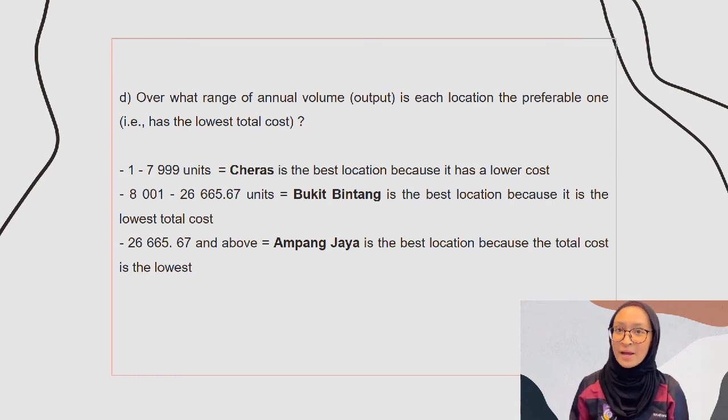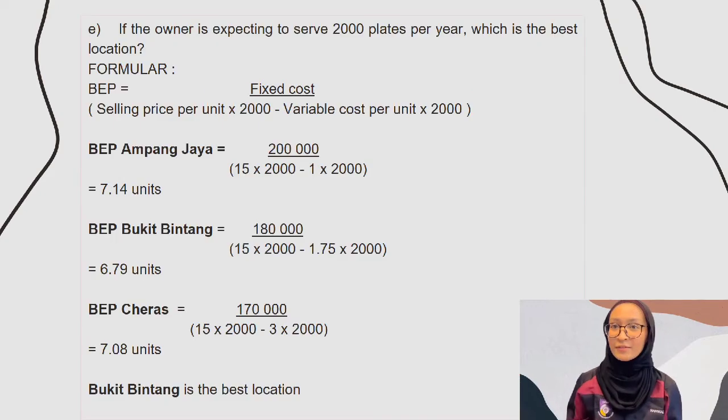26,665.67 units and above, Ampang Jaya is the best location because the total cost is the lowest. If the owner is expecting to serve 2,000 plates per year, which is the best location? The formula for BEP is fixed cost divided by selling price per unit multiply 2,000 minus variable cost per unit multiply 2,000. BEP for Ampang Jaya: 200,000 divided by 15 multiply 2,000 minus 1 multiply 2,000 is equal to 7.14